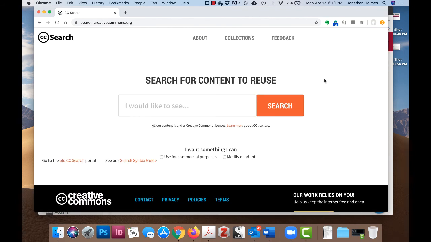And not all Creative Commons licenses even require you to attribute the original creator, but I'm going to require you to as part of the assignment to make sure that all of your Creative Commons licensed images are properly cited. So we'll talk about how to do that as well. Creative Commons has their own search that allows you to find the materials that are licensed in this way,